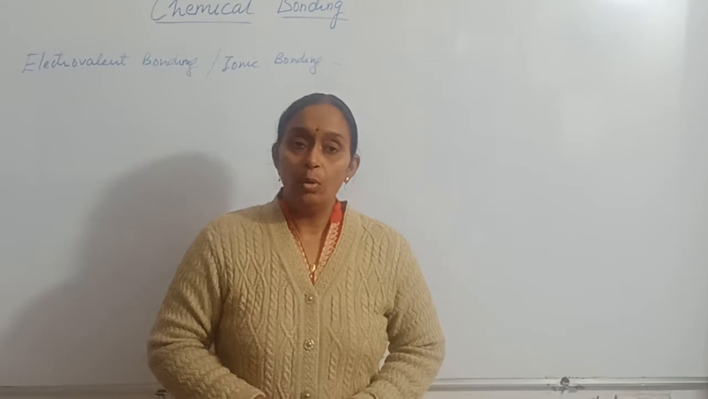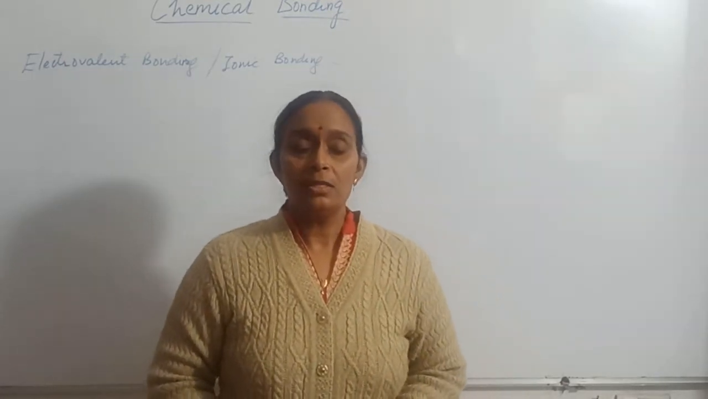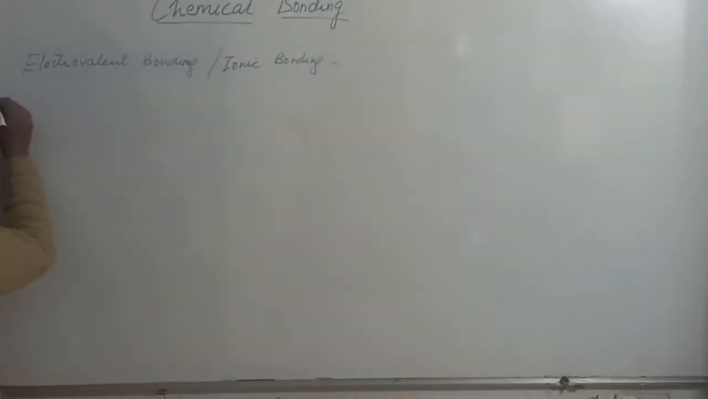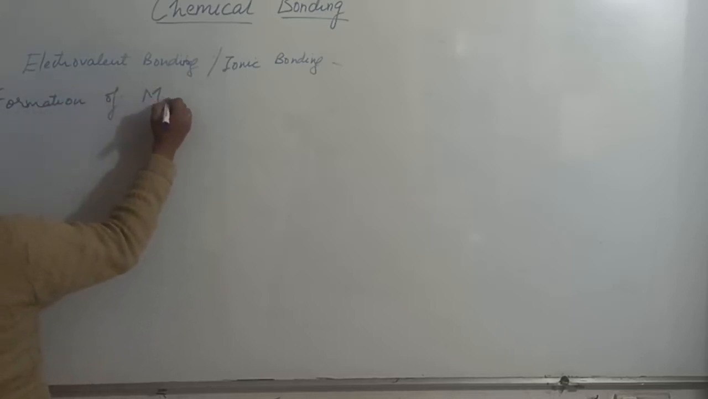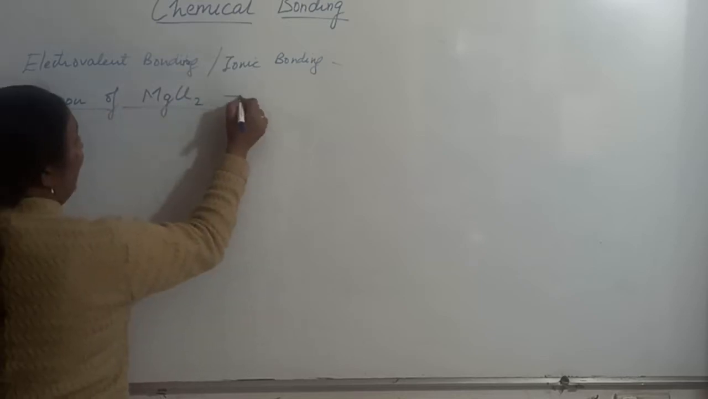Okay children, now I am going to take one more example of electrovalent bonding, that is formation of magnesium chloride. Magnesium chloride is MgCl2. Now I am going to draw first the atomic orbit structure. So if we draw the atomic orbit structure for formation of magnesium chloride, first we will draw the atom of